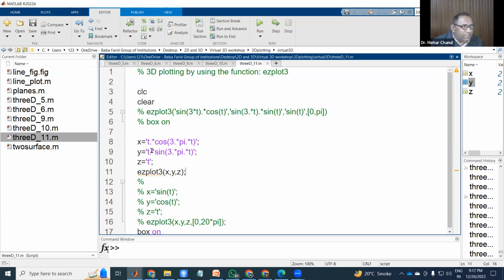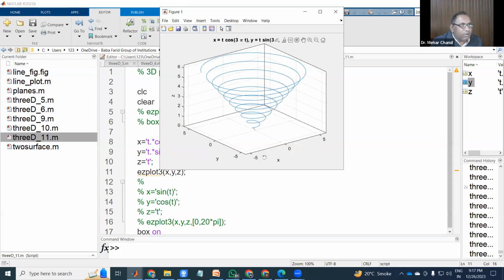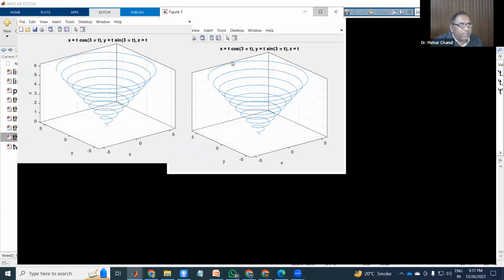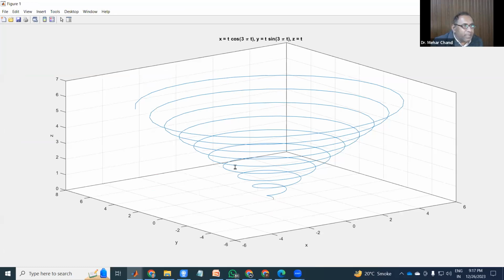Okay, this is the first function, first equation, second equation, third equation. All these are in parametric form, and you can use ezplot. Ezplot will directly return the graph. See what happened? Yes. Okay, this is the corresponding graph of the 3 equations. And